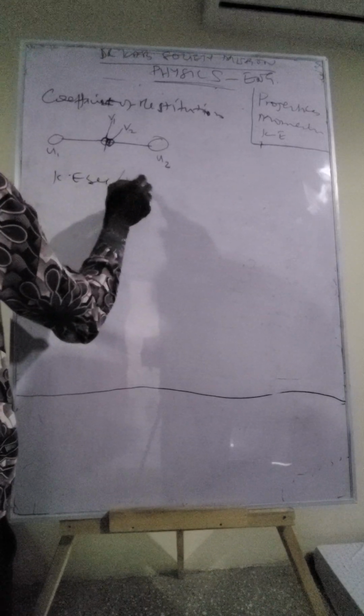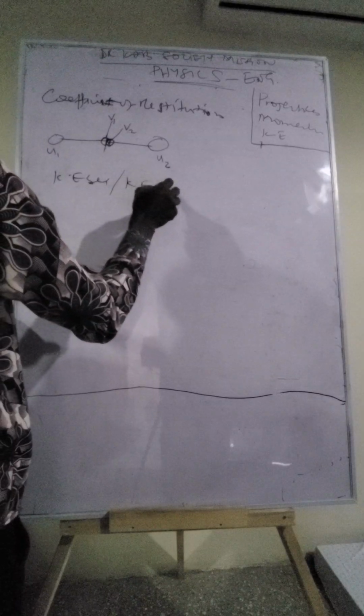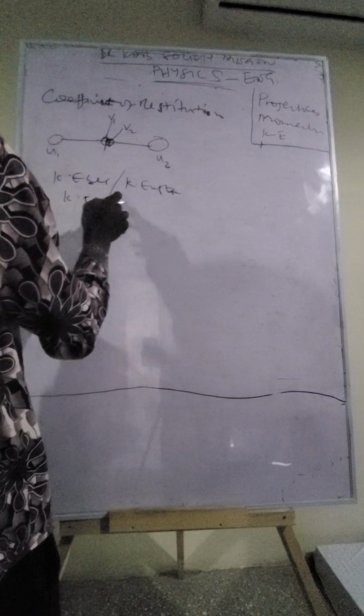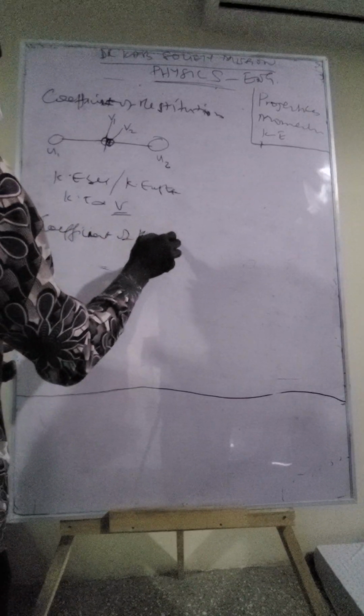Now coefficient of restitution seeks to measure, let's say, the kinetic energy before, then kinetic energy after impact or collision. We are doing that to see whether the kinetic energy before the collision is the same as the kinetic energy after the collision. You see that kinetic energy is proportional to your velocity, so we can look at velocity. So what coefficient of restitution is